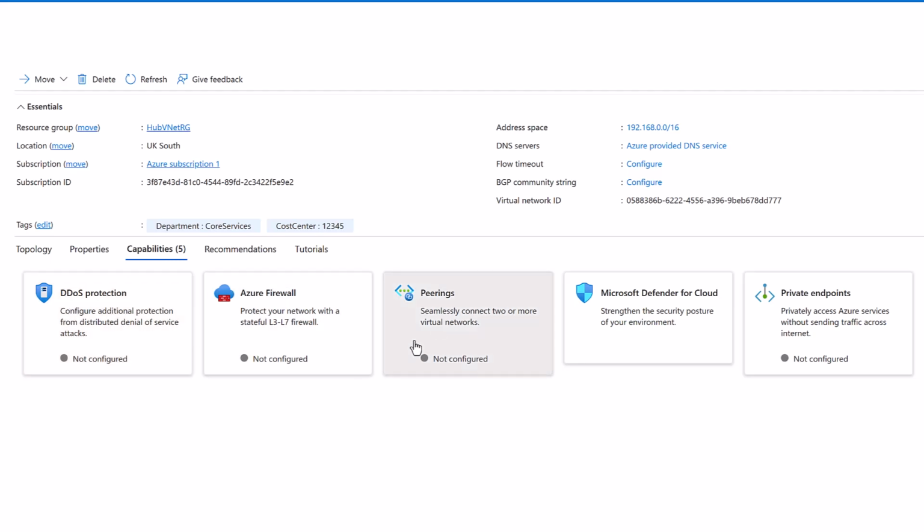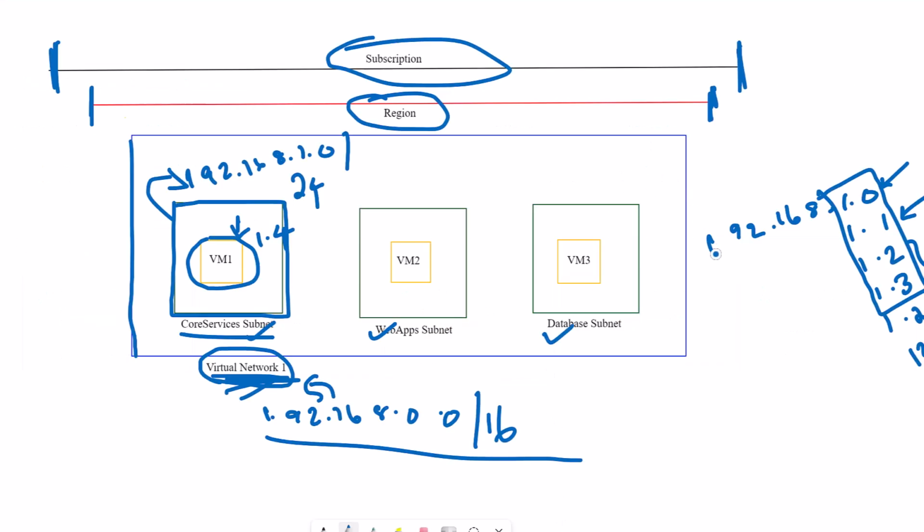So similarly, the Azure firewall, the peerings, Microsoft Defender for Cloud, and the private endpoints. So the peering is one in which we want to connect 2 or more virtual networks together. So what we are saying is, if I can get the drawing out